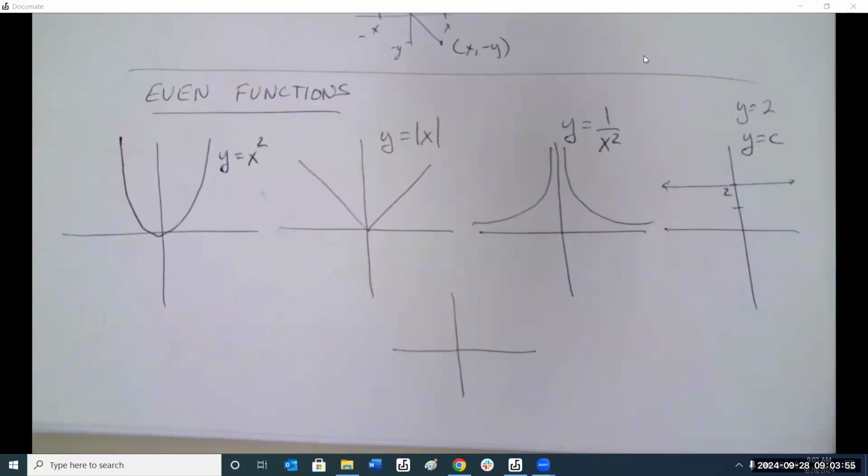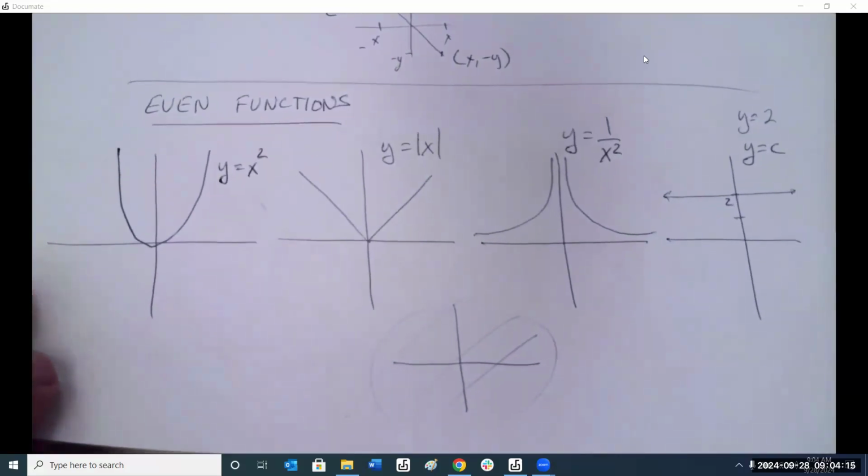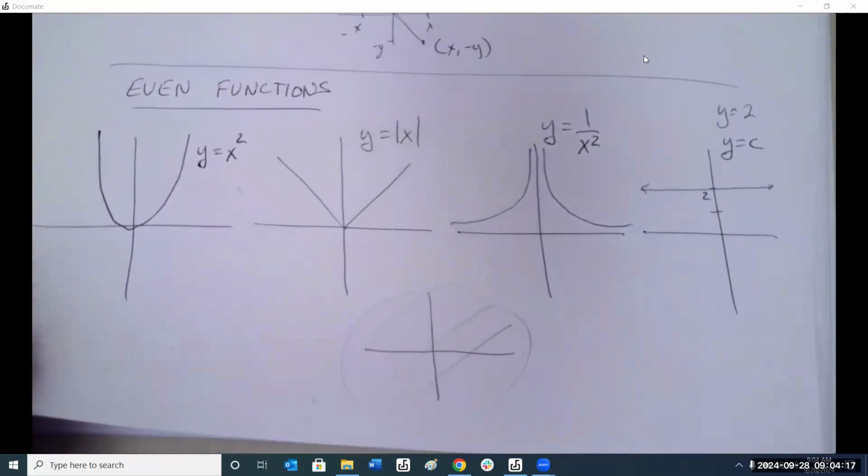It's not the cube. It's not the cube root. It's not 1 over x. It's not the x. Yeah. I may have been thinking that, not that one, but these are the basic ones. All right, let's look at